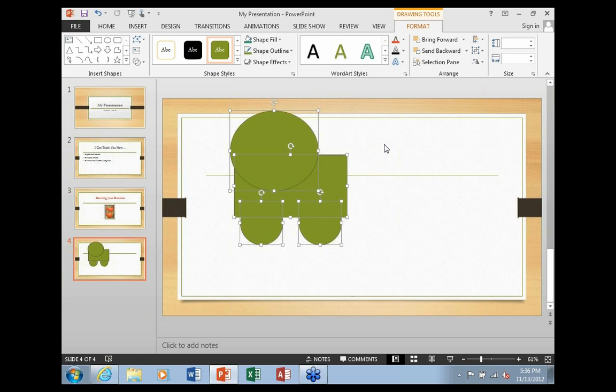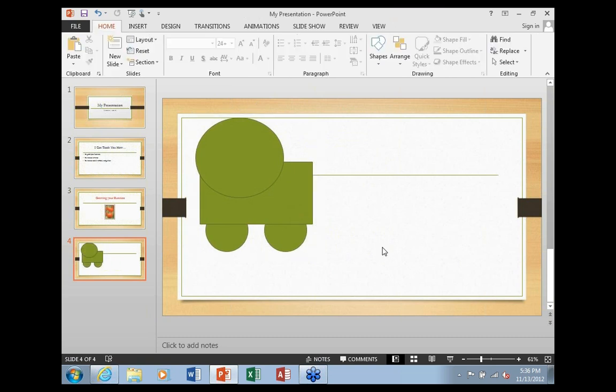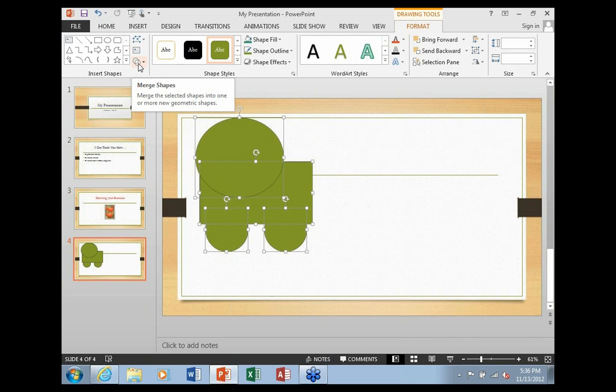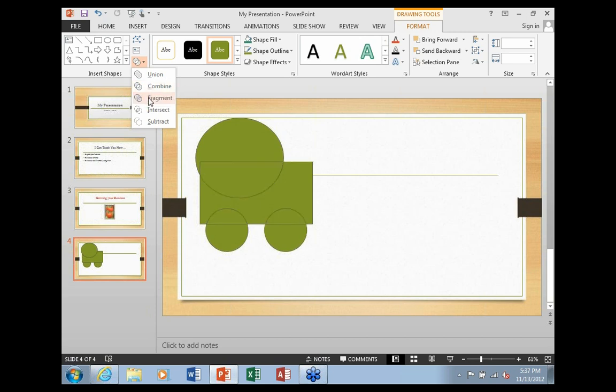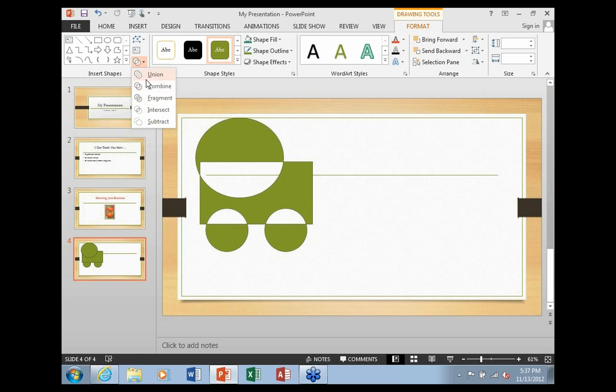All right, so in the past, what you could do is, of course, group those together, so you can move these around as if it's one object, but it didn't look like one shape. You can still see all the outlines there, and it clearly looks like 1, 2, 3, 4 completely different objects. So what we can do with this new version of PowerPoint is this new option here, the Merge Shapes option. And again, in true Microsoft form, you can point to any one of these things to preview them to see how it's going to affect what's on the screen, so you're not committed to making a choice just yet. So I'm going to choose Union,